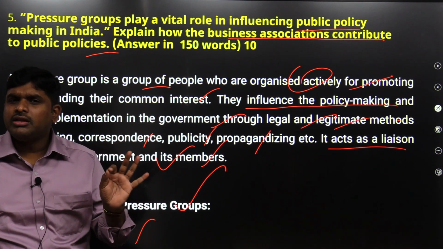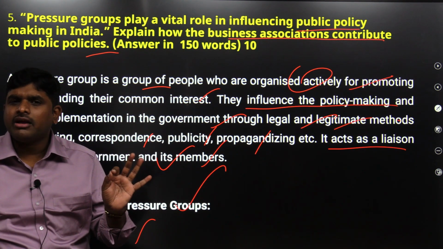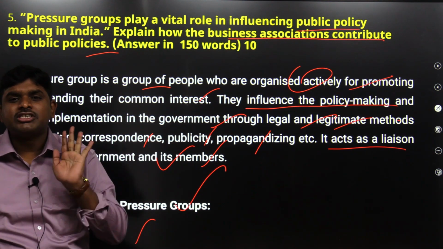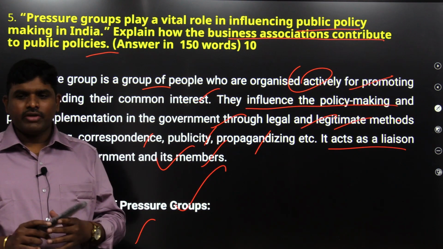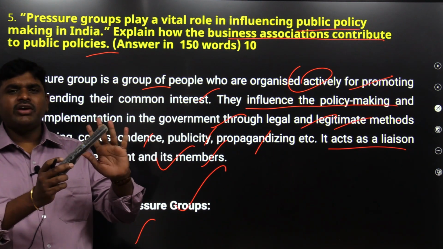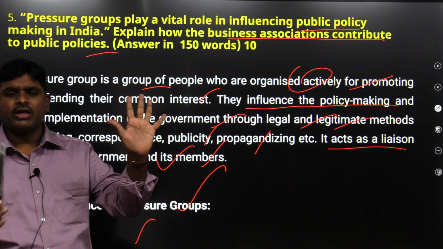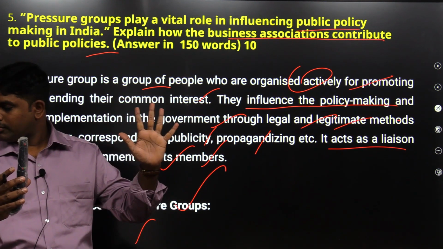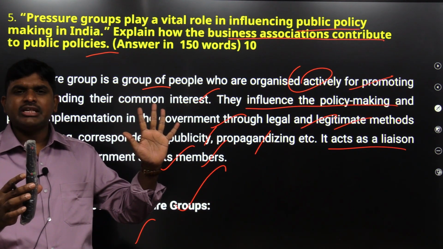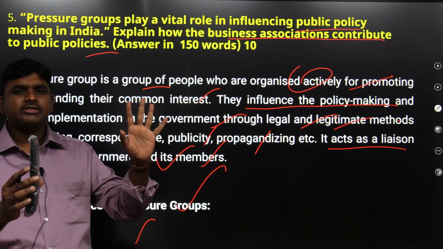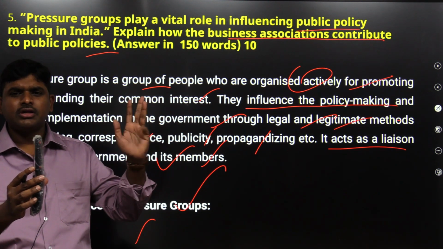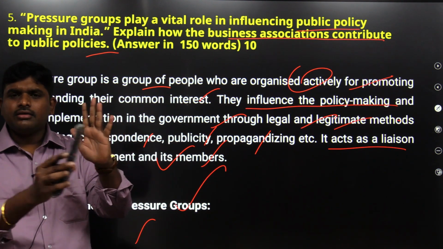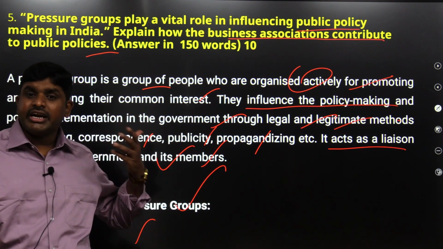Then what happened? Up to then, the 2G spectrum allocation was happening based upon the auction, but from 2013, it was by first come, first serve. For example, these 5 fingers are there, 1, 2, 3, 4, 5, and this is the product. These are the 5 people, 5 companies, this product is for sale. So what will happen? 10 rupees, 15 rupees, 20 rupees, 30 rupees, 40 rupees. So 40 rupees final. Like that, auction is happening. So the government is getting revenue.